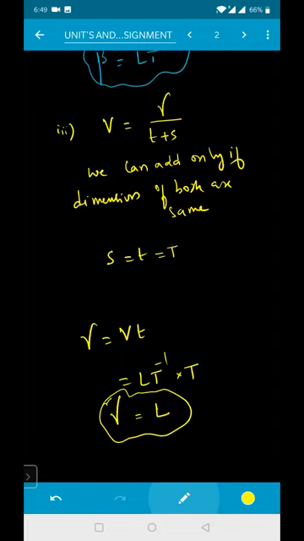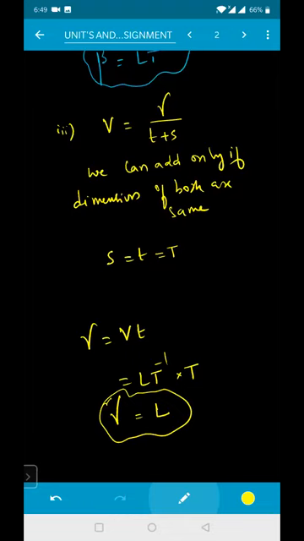So if we get something like this, we have to assume that they're equal. Yes, if you are adding anything, whatever the physical quantity, the dimension of that thing which you are adding should also have the same dimension. Then only you can add it. So if I ask you to make a curry of tomato, you need to take only 2 tomatoes or 3 tomatoes at a time. You can't add, for example, potato or brinjals or any other to the given condition. So you can add only the same quantities, isn't it?